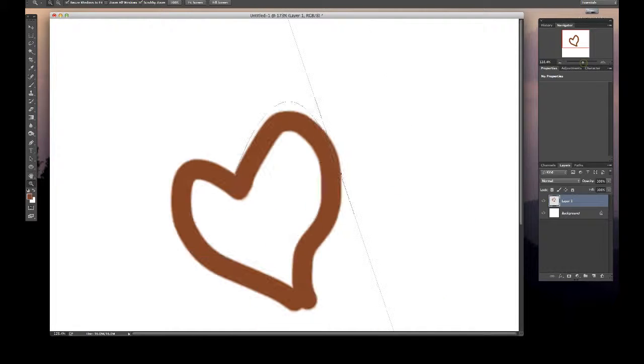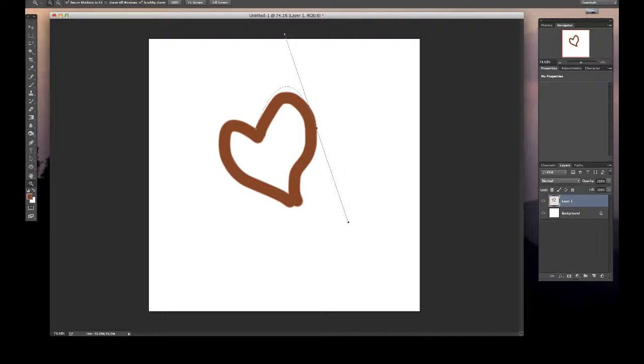Okay, now again, this is not a good path. Why? Because my handles are very long. So I go back to my pen tool, and then hold Command or Control. Control for your PC, Command for your Mac, and then just drag it in. See, it moves a bit, but just drag it in to make it shorter. Okay, so